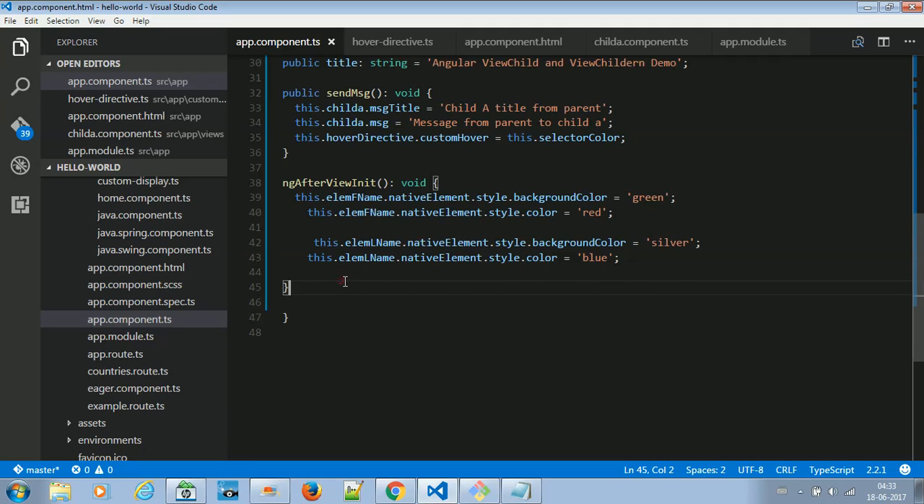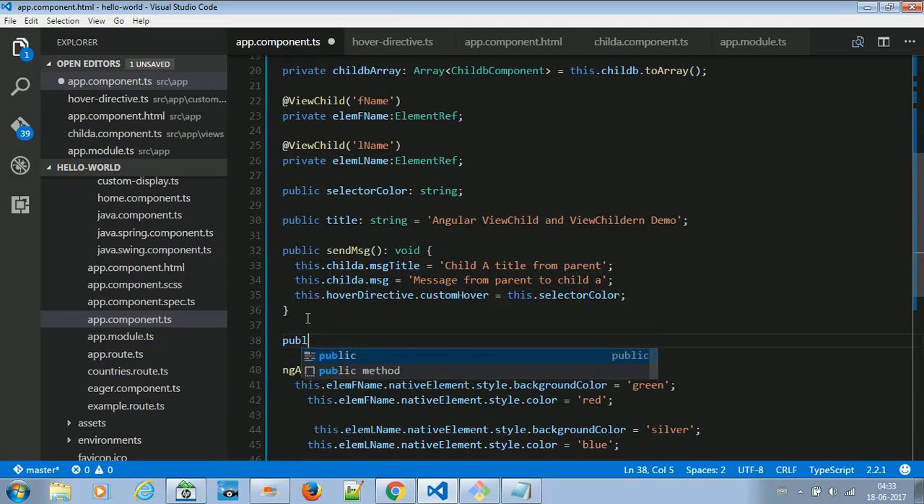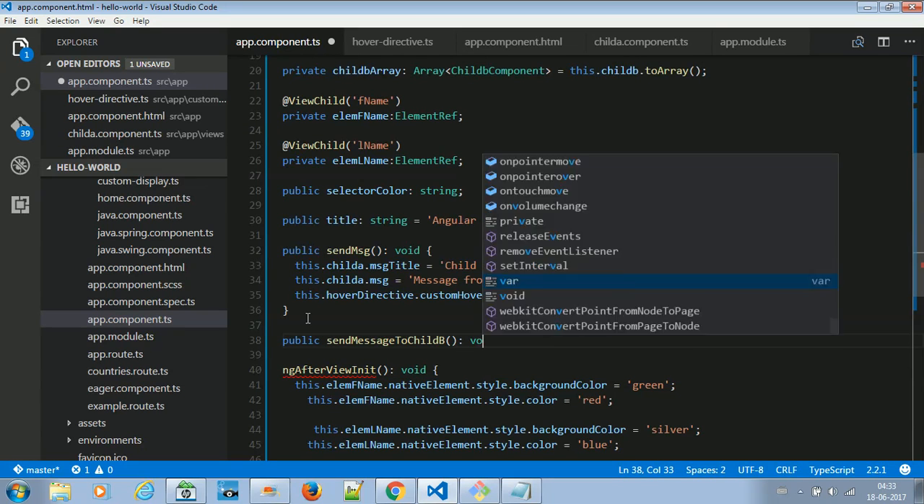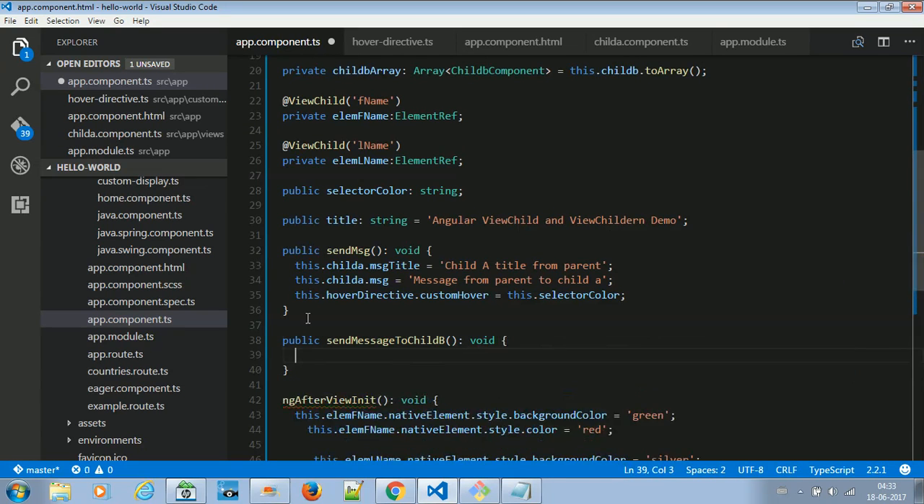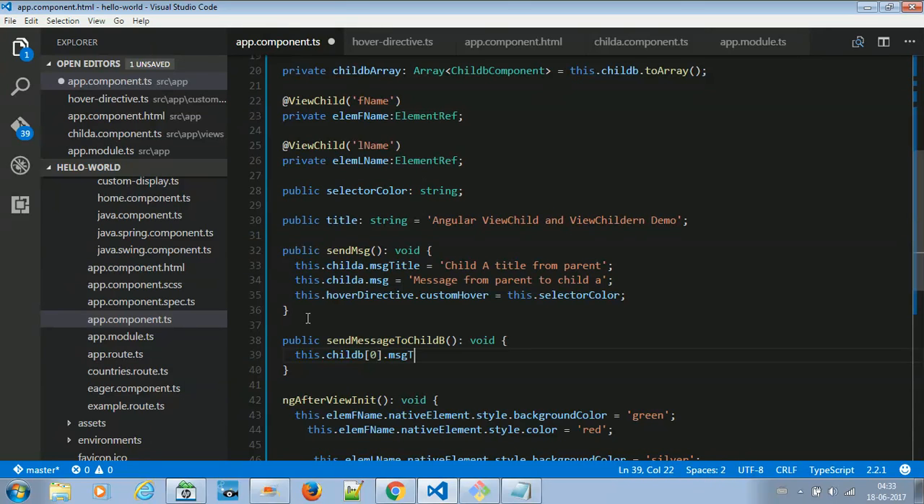Okay, so here I define it just like I defined send message. Let me define public sendMessageToChildB colon void, that means the return type is void. Then I can write this.childB, and index 0. Say child B, I want the first child. First child dot say message title